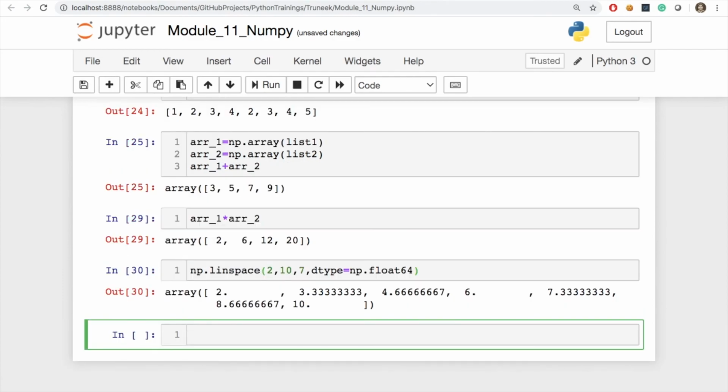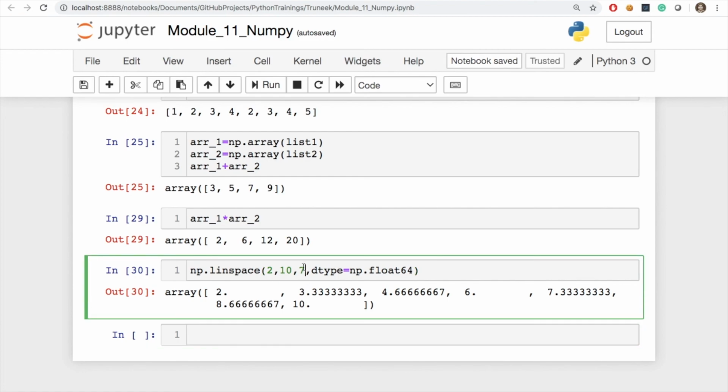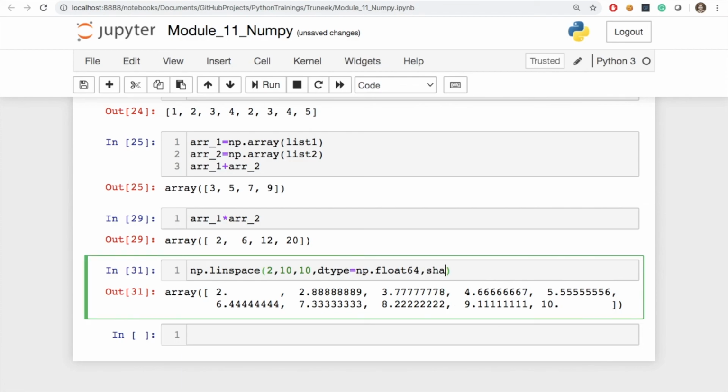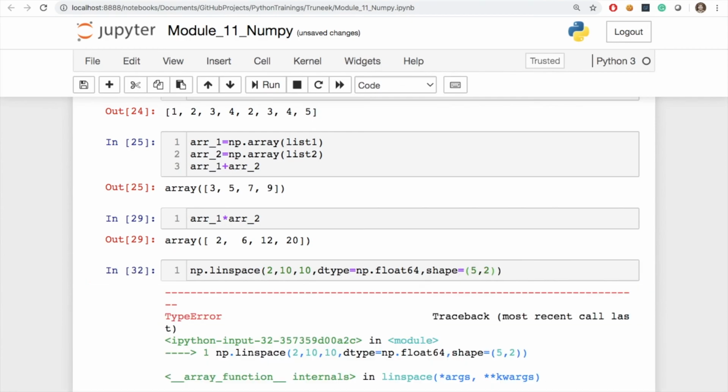So let us try to run it. It has generated 7 samples, 1 2 3 4 5 6 and 7, from 2 to 10. If I specify here, let's say 10, it will generate 10 samples, right? So now 10 samples have been generated. Also, I could specify the shape if I wanted to, 5x2,